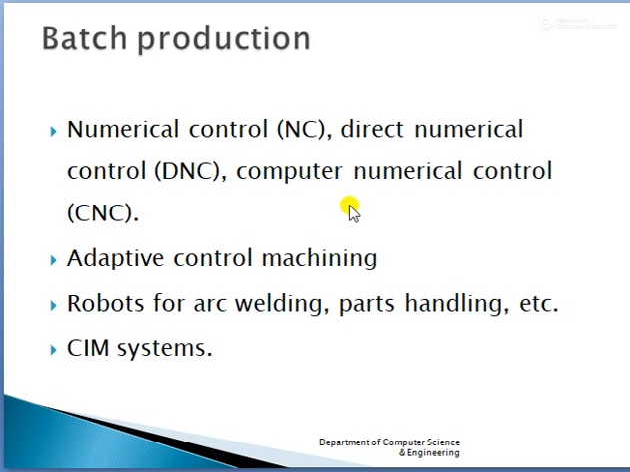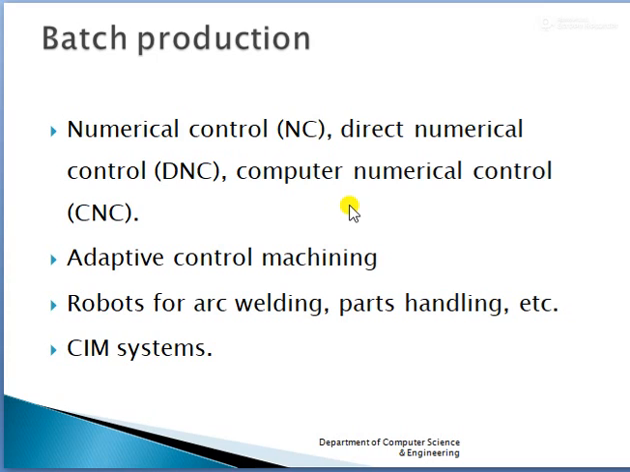Batch production. In batch production we have production of medium lot size of the same product. The lot may be produced once or repeated periodically. We can have examples, that is t-shirts, manufacturing of books, and